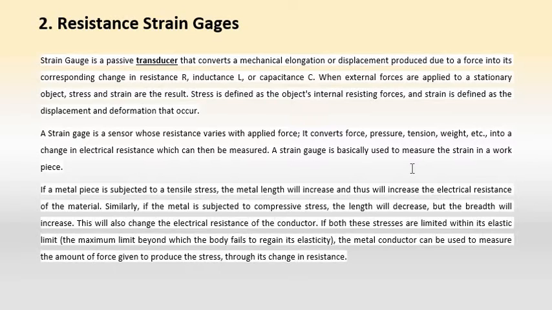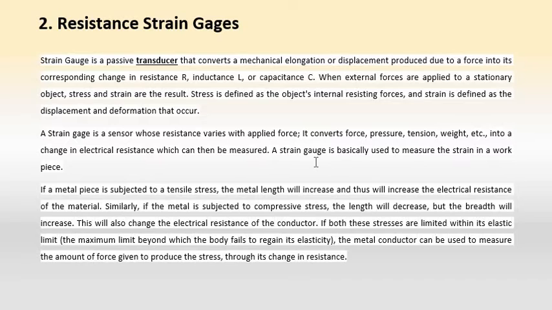For measuring the strain, we usually employ a metal piece which is subjected to a tensile stress. Before using such a metal piece for a strain measurement, we should test its limits, that is, how much force it can bear, what is the maximum bearing capacity of that particular metal piece. We need to test and find that out. Only then can we use a metal piece for measurement purposes.